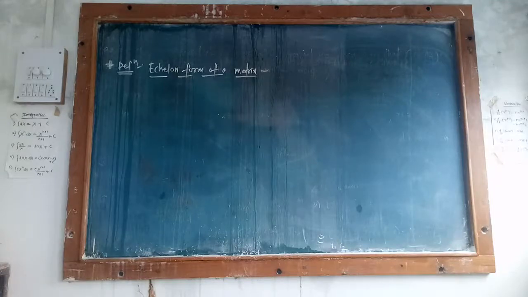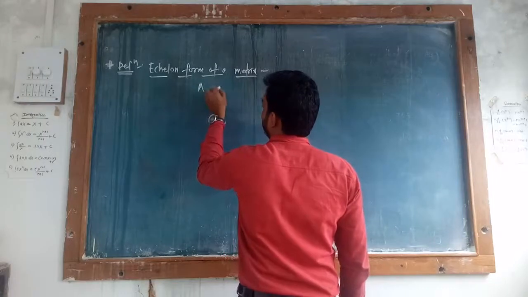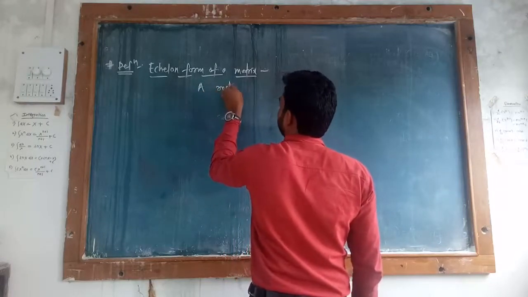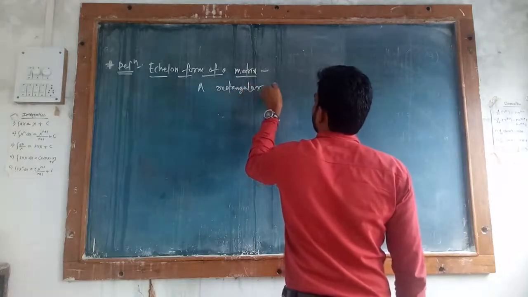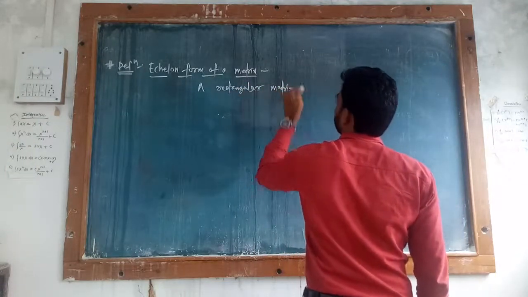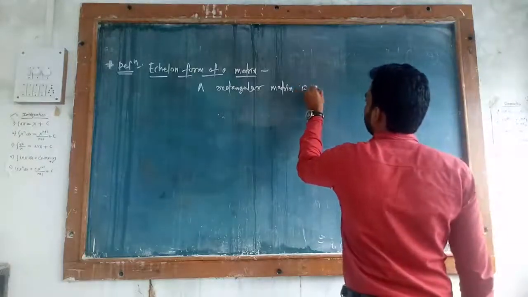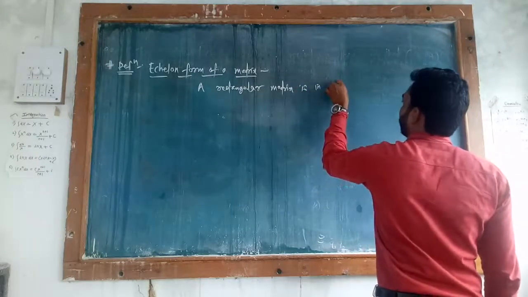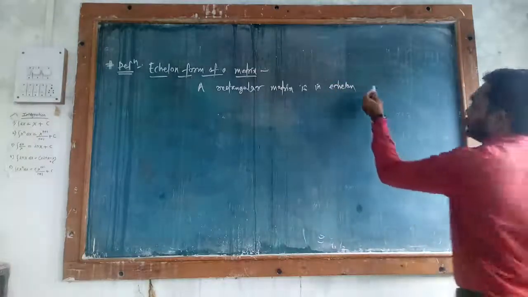So what do you mean by the equivalent form of a matrix? A rectangular matrix is in equivalent form